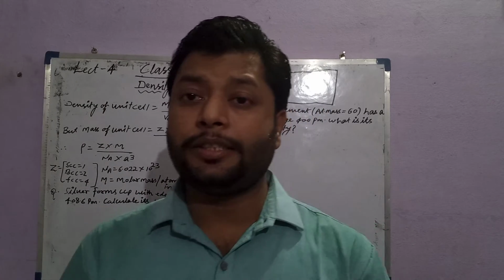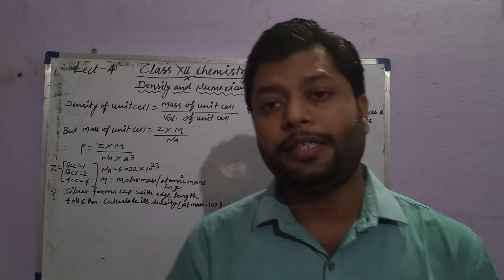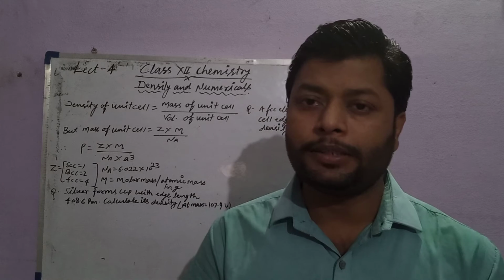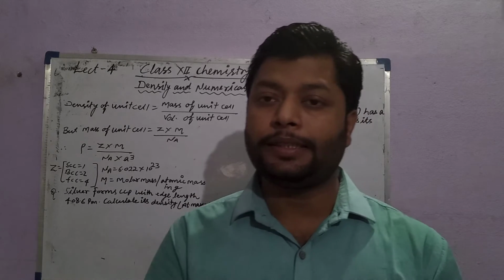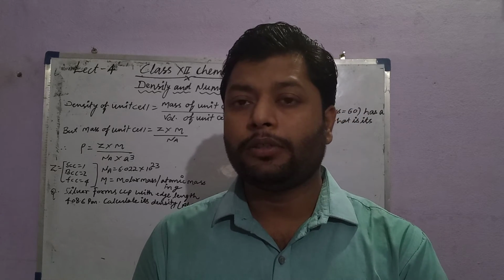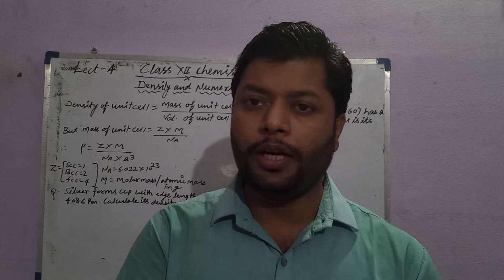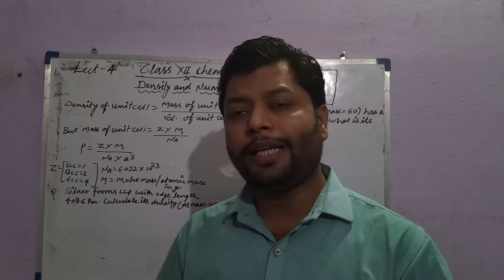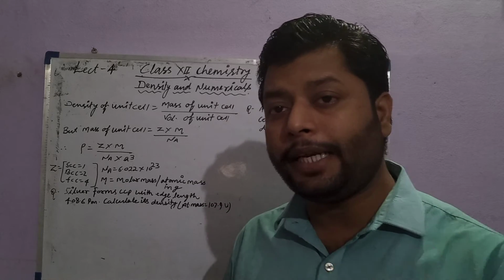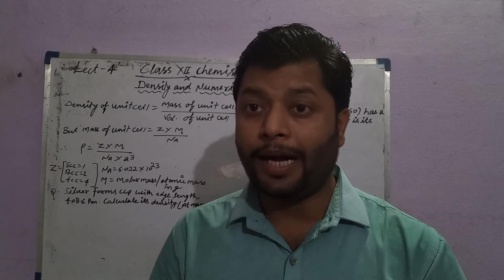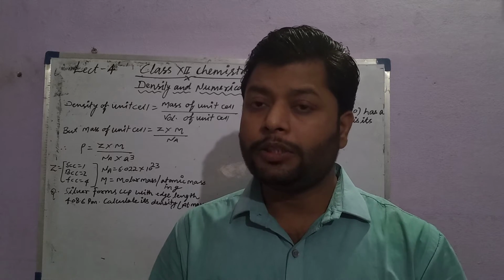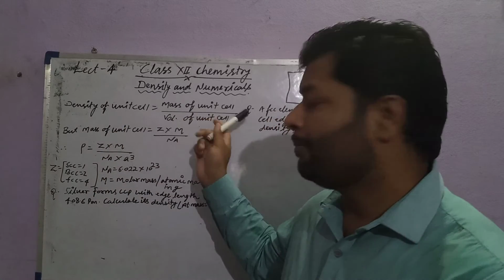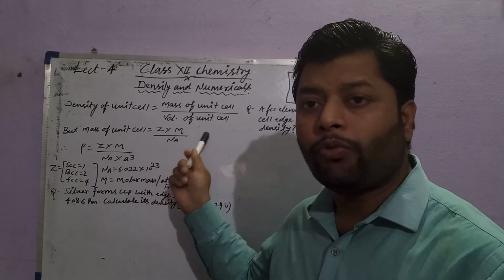So class, density, as we know, is actually a ratio of mass and volume. Whatever the mass of the particles or substance occupied in a given volume is called the density of that substance. So the density indicates the mass contained per unit volume. So if we are going for the density of the unit cell, it should be the mass of the unit cell upon the volume of the unit cell.